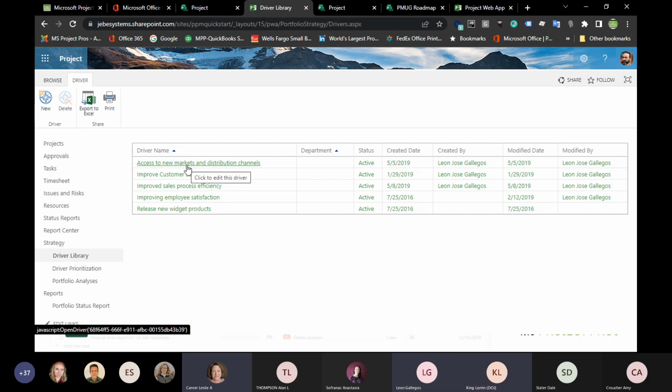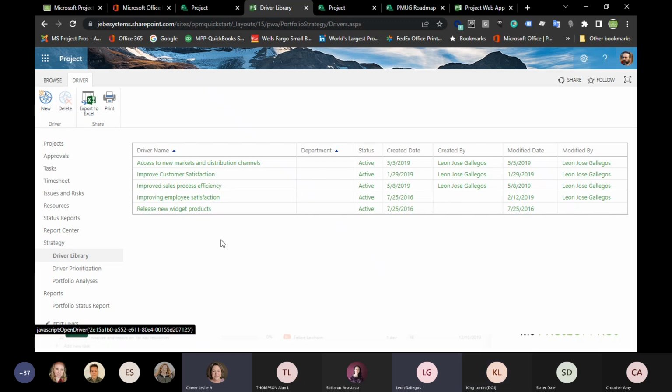You can have as many of these as you want, and they can also be departmentally based, which is very powerful, right? You could have a whole set of drivers for one department that are completely different than another. So as a user, if I'm in that department, I would only see those drivers.